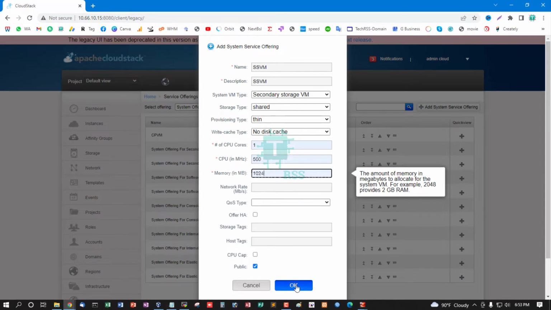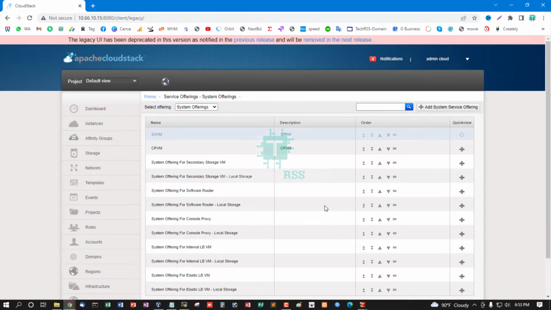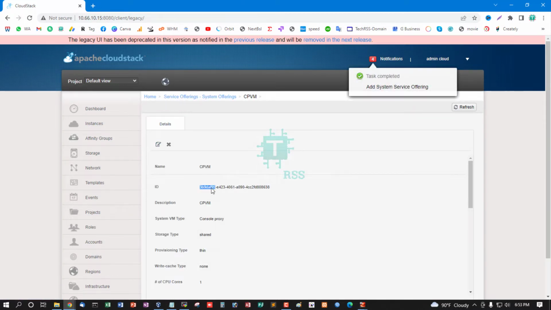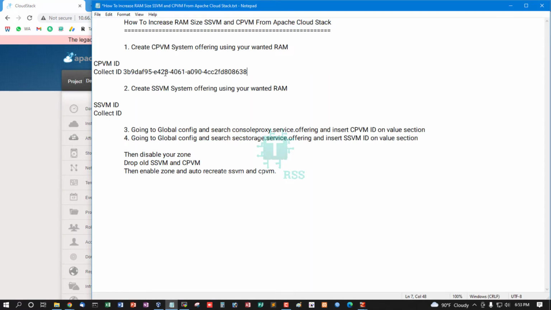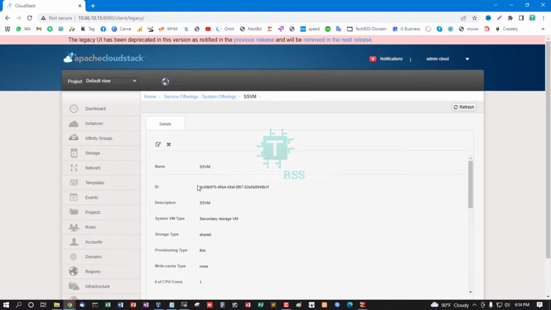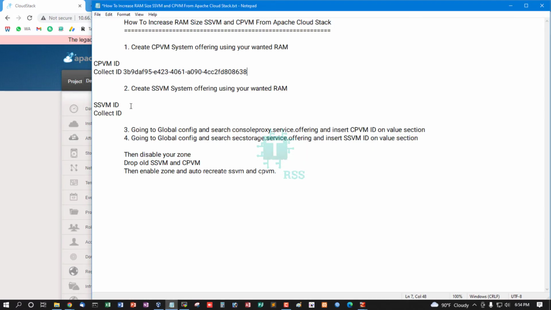Okay, then create. And going to CPVM and collect the ID. This is the CPVM ID, and then going to SSVM and collect the ID,